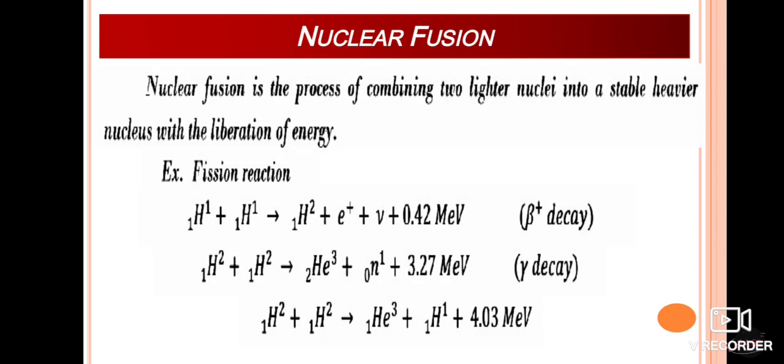So this shows that the sum of the masses of the individual nuclei is more than the mass of the nucleus formed by their fusion. The difference in mass, that is the mass defect, is released in the form of energy. Thus nuclear fusion is an exothermic nuclear reaction. Already we discussed this when we studied the binding energy and the binding energy curve. So nuclear fusion is also one form of an exothermic reaction.